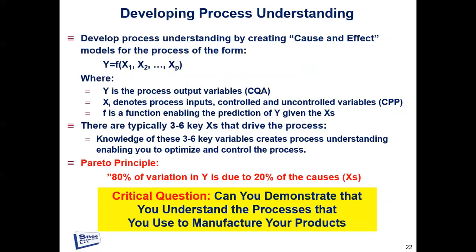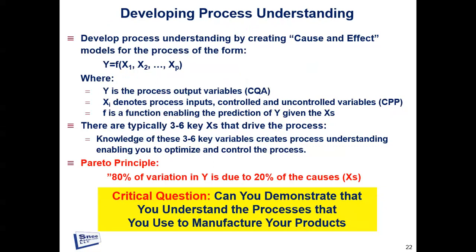Well, the thing that we have working for us is something called the Pareto Principle. The Pareto Principle says that 80% of the variation in the output, or Y, is due to 20% of the causes, which is the X's. And in experience, that 80% translates into about 3 to 6 key variables. So while you may have 30 or 40 candidate variables, there's typically only 3 to 6 that really drive the process. And so what you need is an approach that can funnel those large number of variables down to some smaller number. And of course, following the quality by design approach gets you to